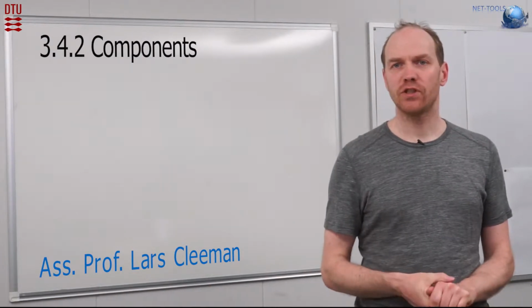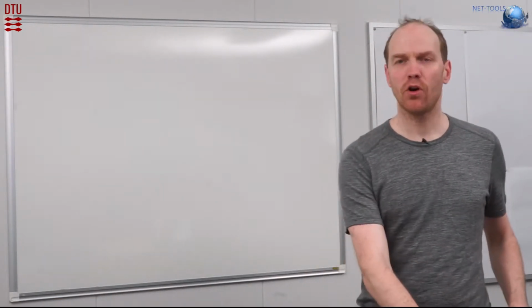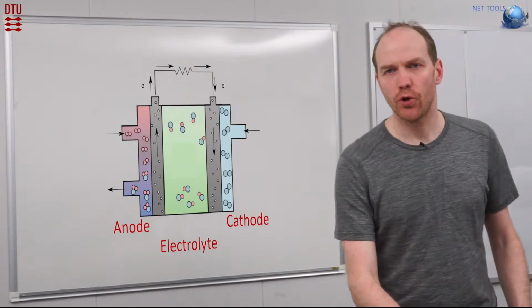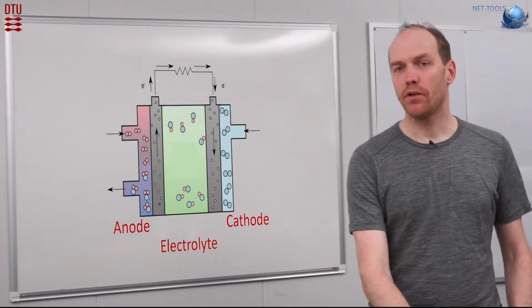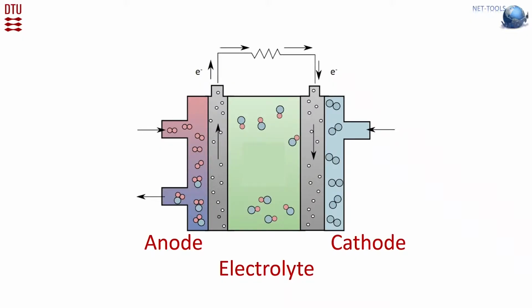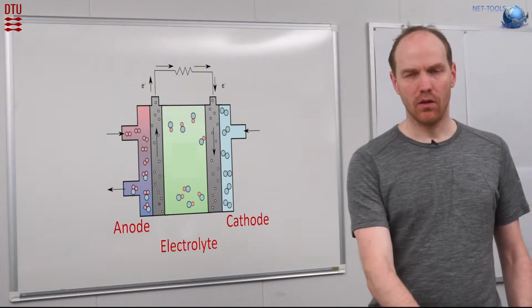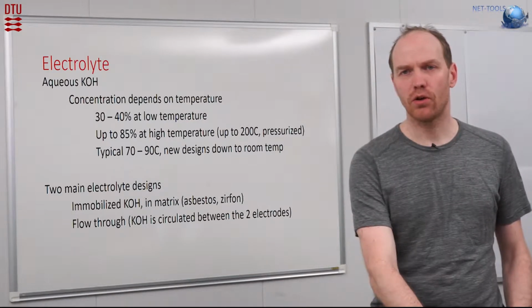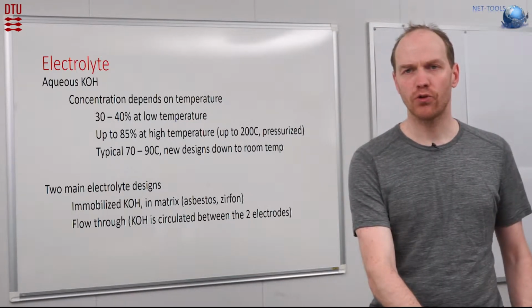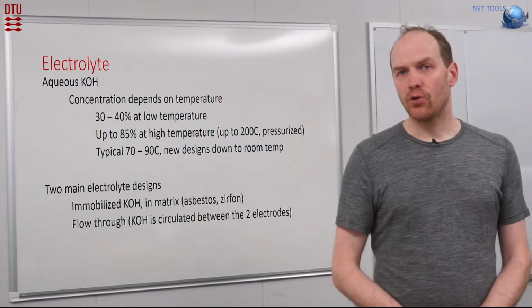For the alkaline fuel cell system, we have a number of main components. If you look at the system design here, we have the anode, the cathode, where we have the catalyst to drive the reactions, and then we have the electrolyte. If we start out with the electrolyte, where we have the OH- ions moving across,